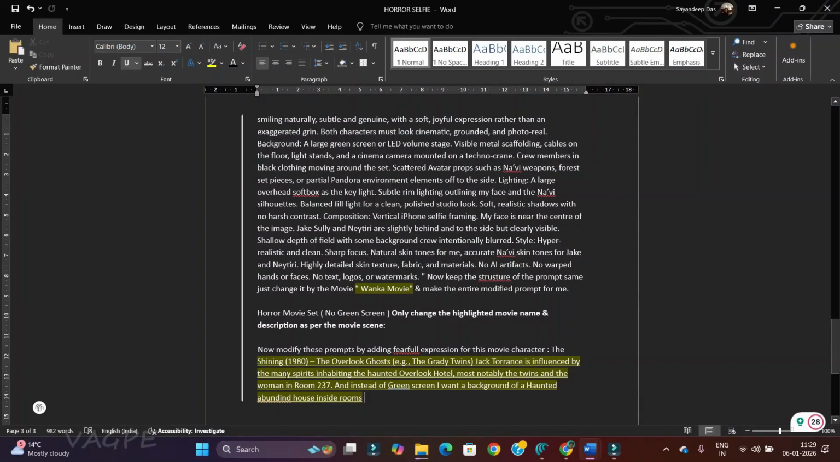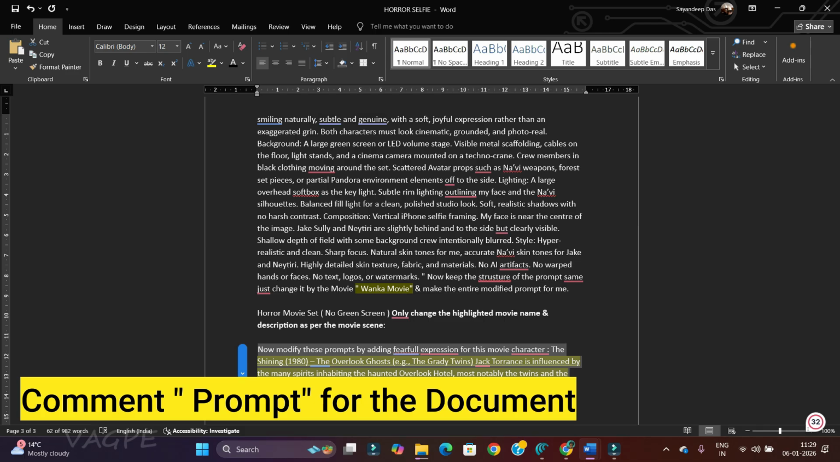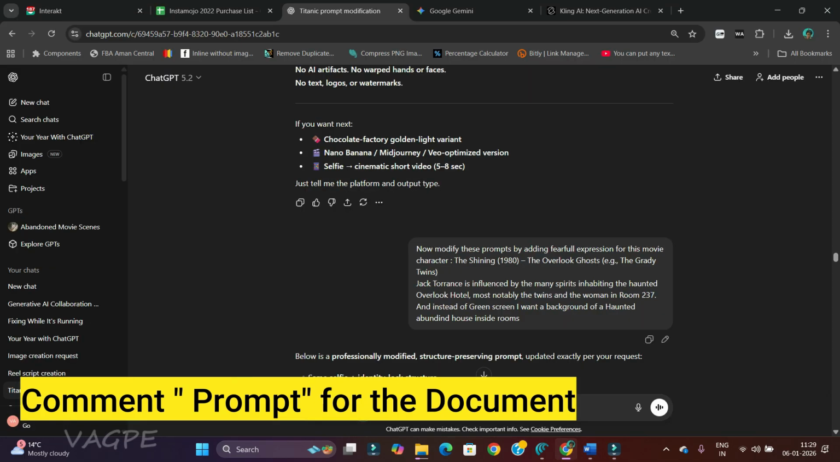Step 1. Take the first prompt from the document, which is provided in the description. You can also claim this by typing prompt in the comment section. Okay, take the first model prompt and go to